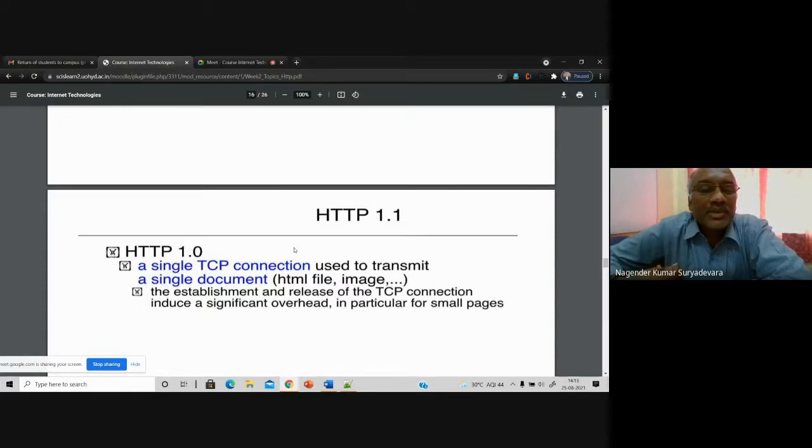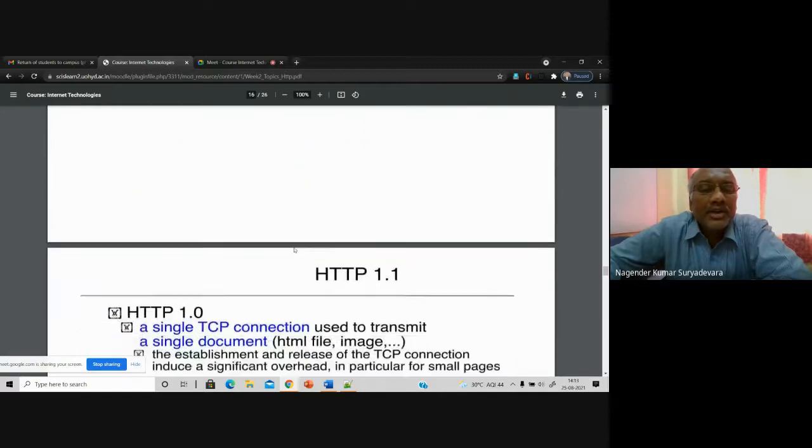HTTP is an application layer protocol which follows the TCP/IP model. So what is TCP? A connection oriented protocol for reliable data transmission. Data has to be transmitted from one computer to another, from client to server or server to client. In that client server model of data exchange, if you are looking for reliability, you obviously look for TCP, the Transmission Control Protocol. Its rules tell us how reliably data transfer takes place.